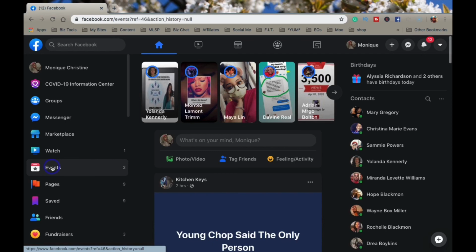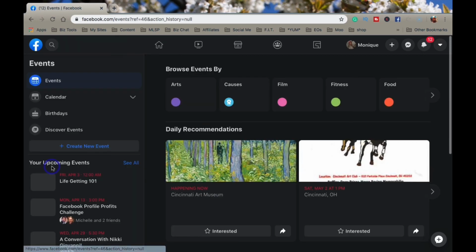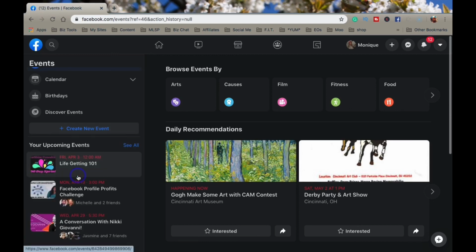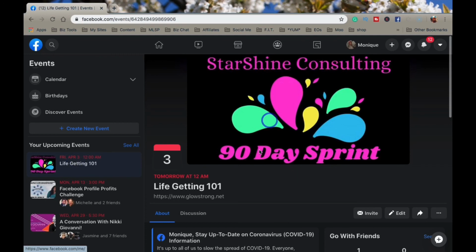And so then once you get into events, you are going to look over here on the left. You see it says your upcoming events. So boom, select your event. And now look, we're here on your event, right? But if you look up here in your address bar, this is the URL to your event. So now you can take this, copy, Command C,